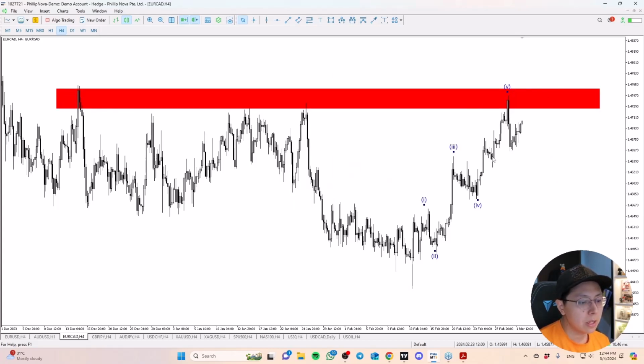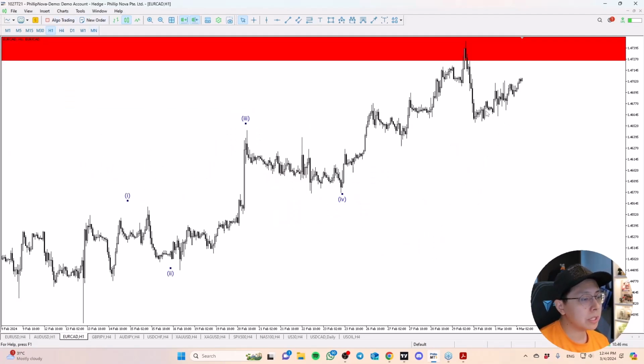Apologies on that. So again, I have a clear sense of direction, but if I go down to the hourly, do I have a setup at this moment? I don't. Not with the order flow, not with Elliott wave yet. So this example in EuroCAD is a trade that I'm interested in to monitor for now, for the week. Maybe the setup will come to me on Wednesday, Thursday, but definitely not now, which means I won't put in an order to take this trade at the moment.